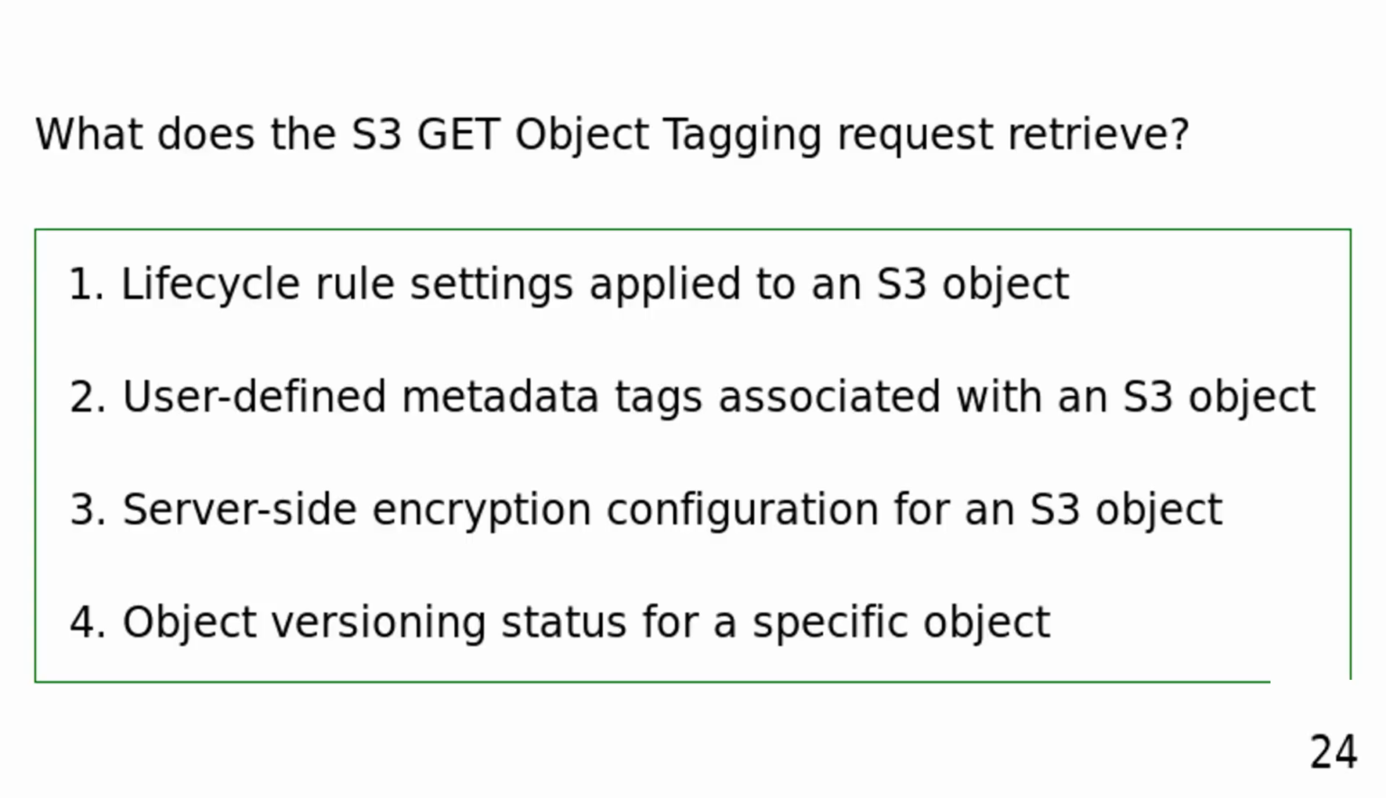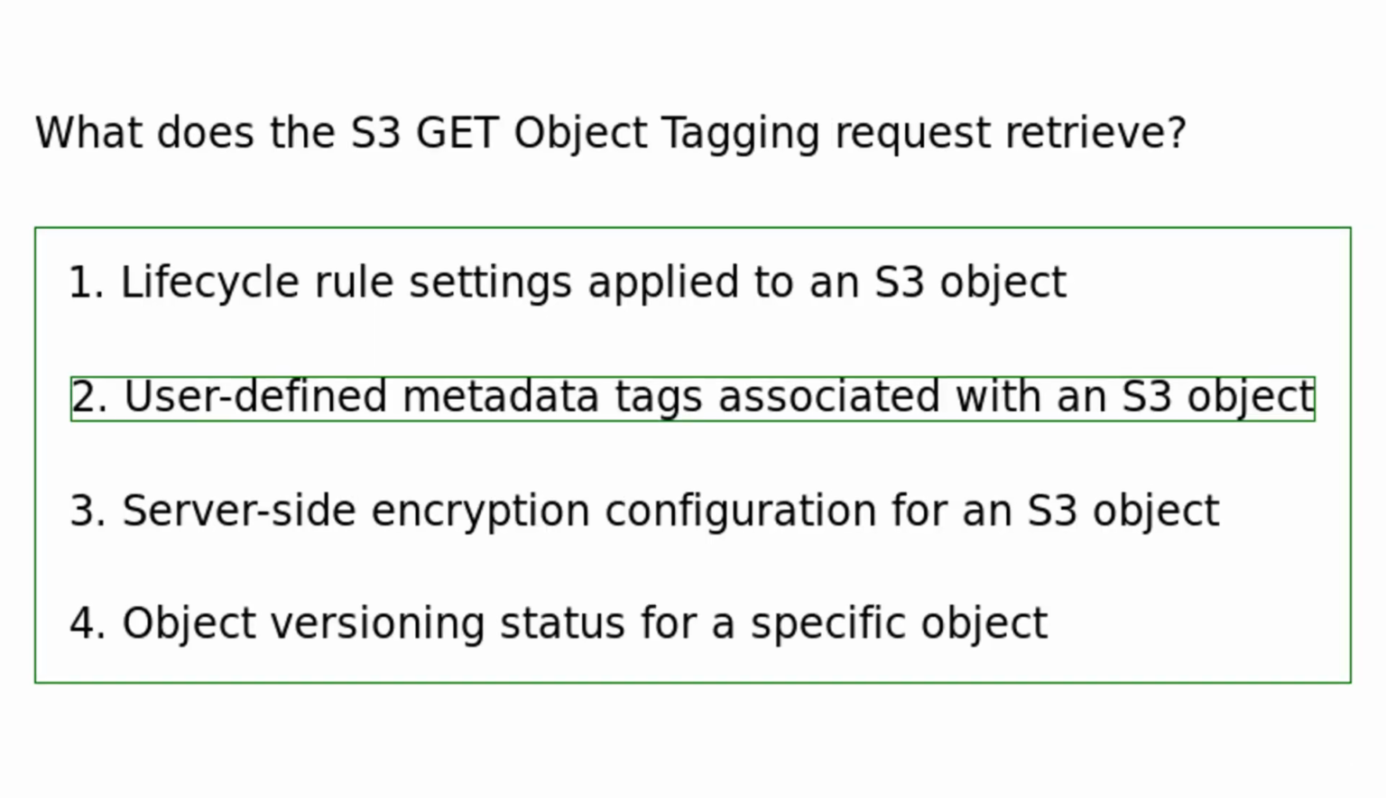What does the S3 getObject tagging request retrieve? Lifecycle rule settings applied to an S3 object. User-defined metadata tags associated with an S3 object. Server-side encryption configuration for an S3 object. Object versioning status for a specific object. The getObject tagging request retrieves user-defined key-value pairs associated with an S3 object, providing a flexible way to categorize and